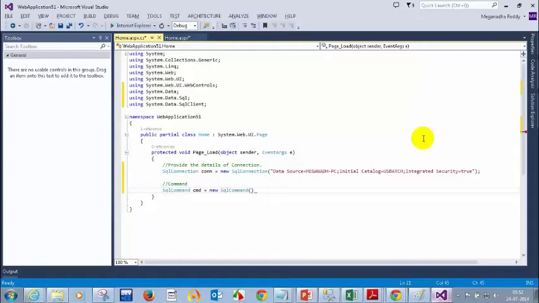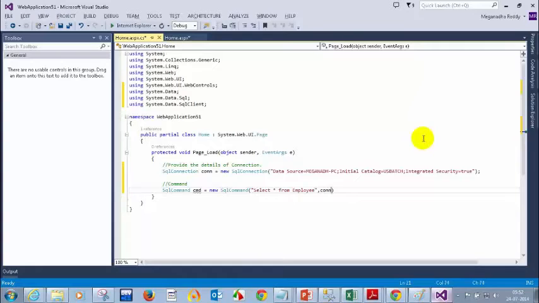So here we will provide our string. What is our command? The command text is something like select star from employee. This is my command which I need to execute, and then comma, what is my connection? My SqlConnection is conn.